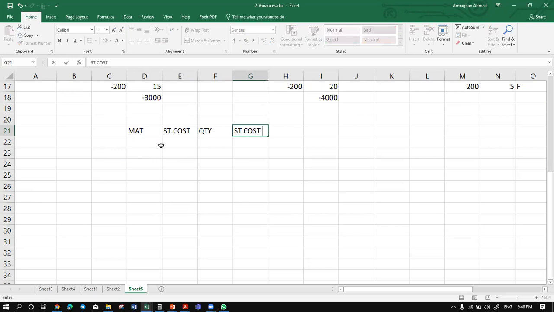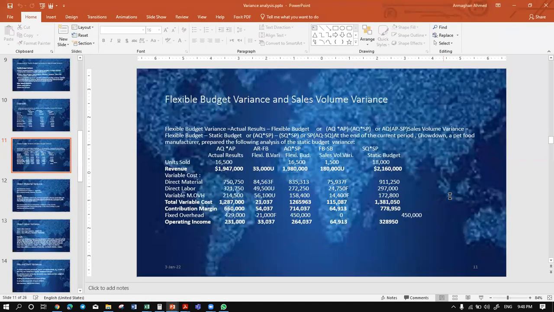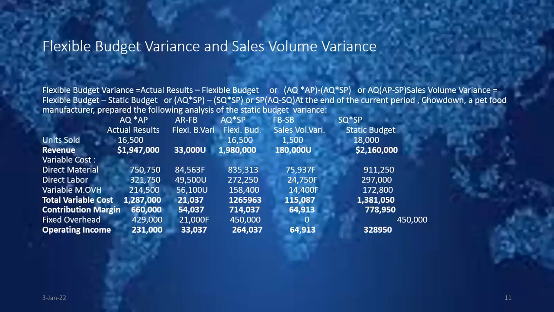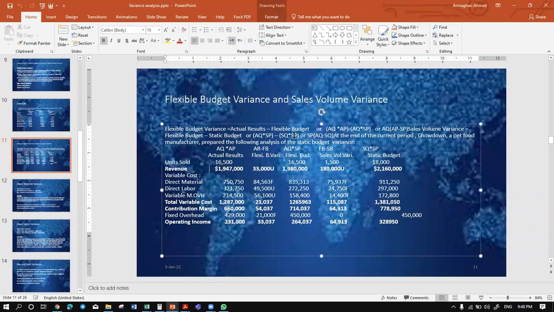Standard cost per unit, right? You should always find out this thing. So if it is not mentioned, just like if I show you here, see this now. If I see this particular thing, how can I make the flexible budget? Let me do one thing. If I bring this data,